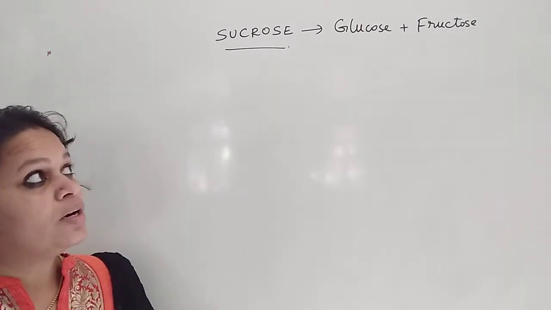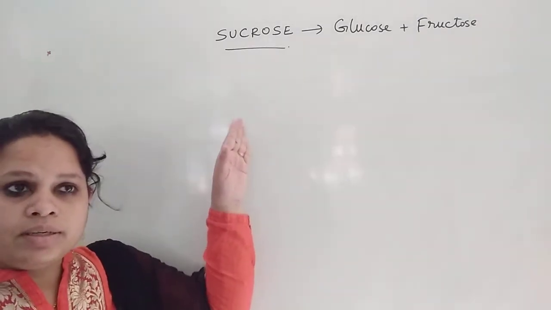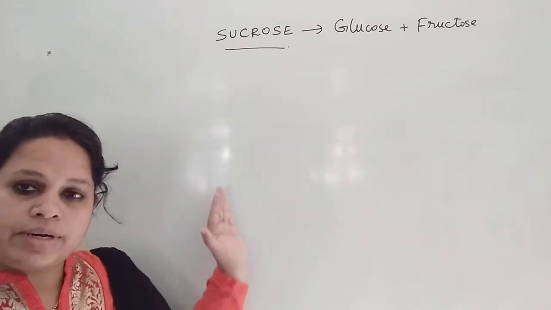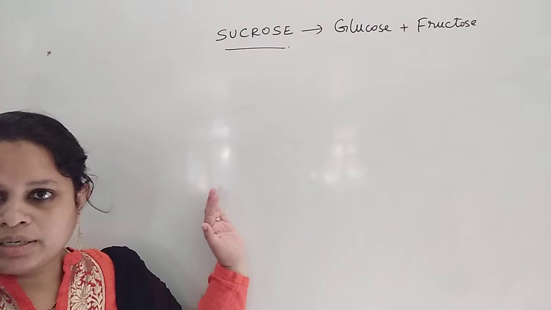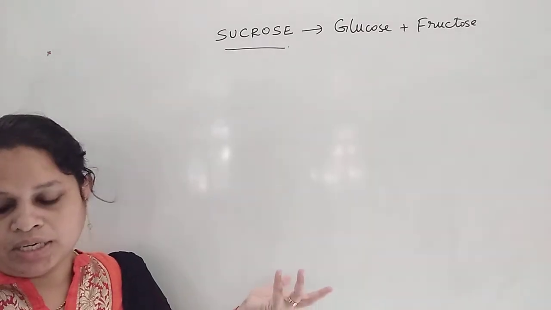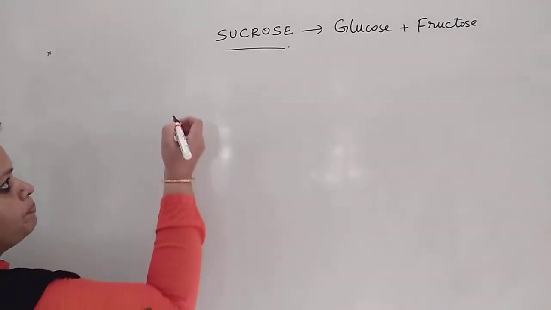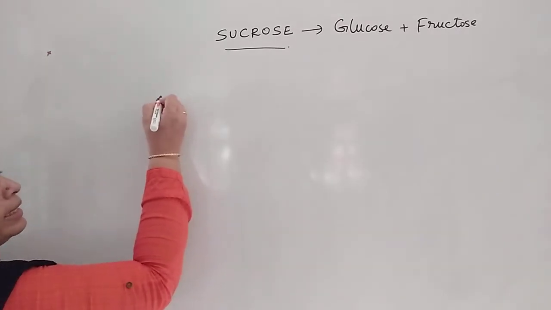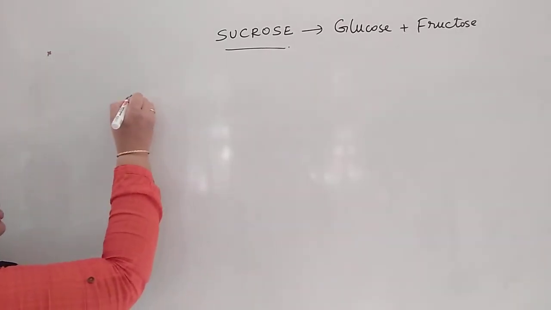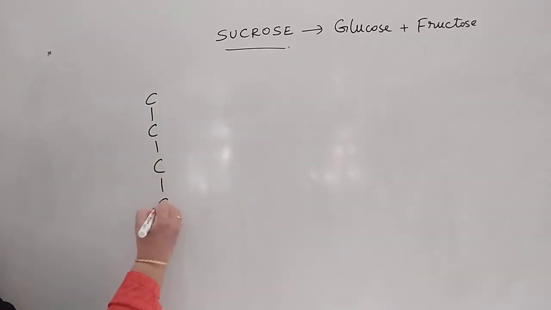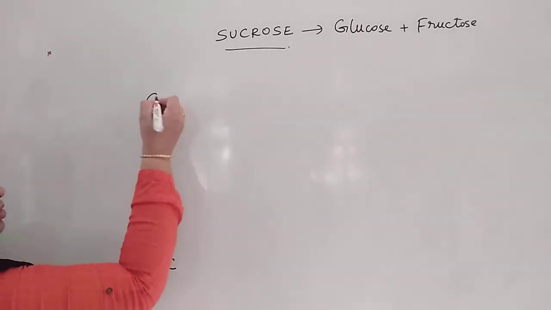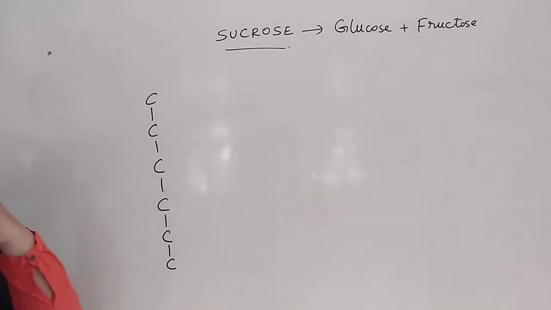Now in the case of sucrose, first you have got to write the structure of glucose, then the structure of fructose. The glucose is written on the left hand side. Okay, so we'll see the glucose, the skeletal structure of it can be drawn. That is, we have 1, 2, 3, 4, 5, 6 carbon atoms, and the next one we have the